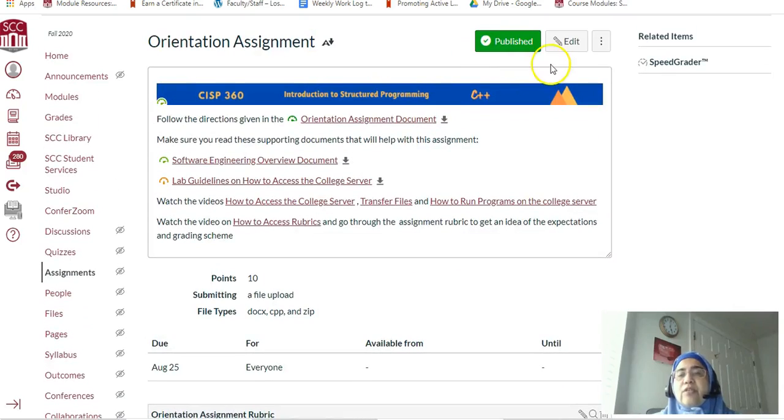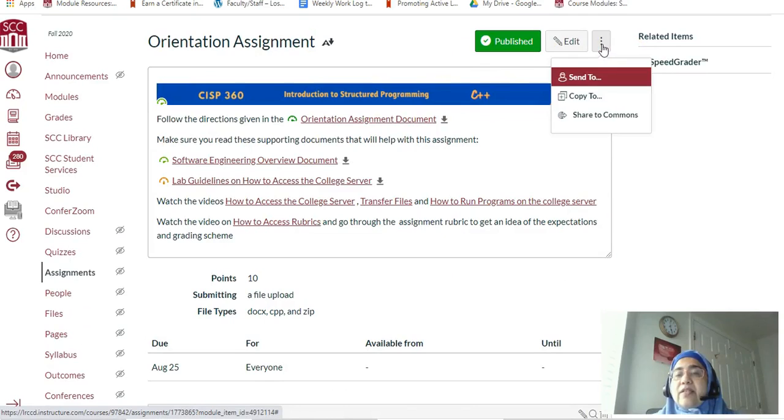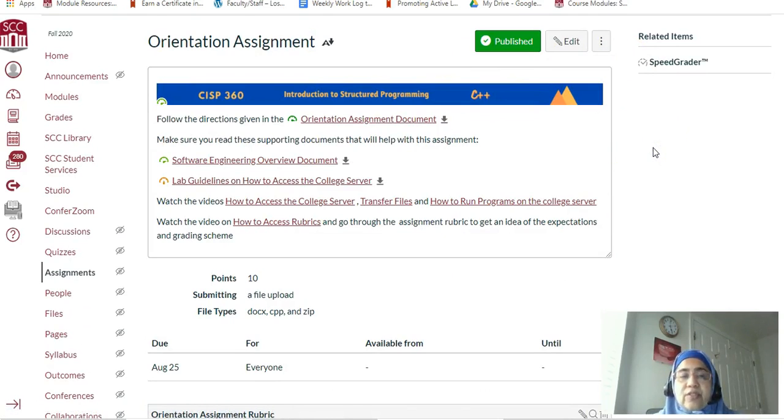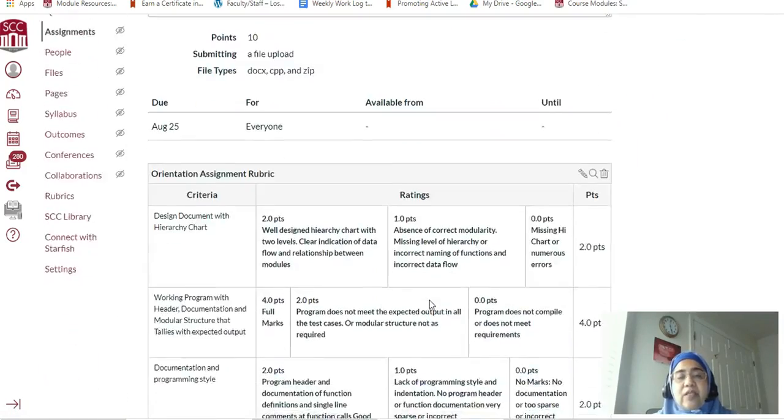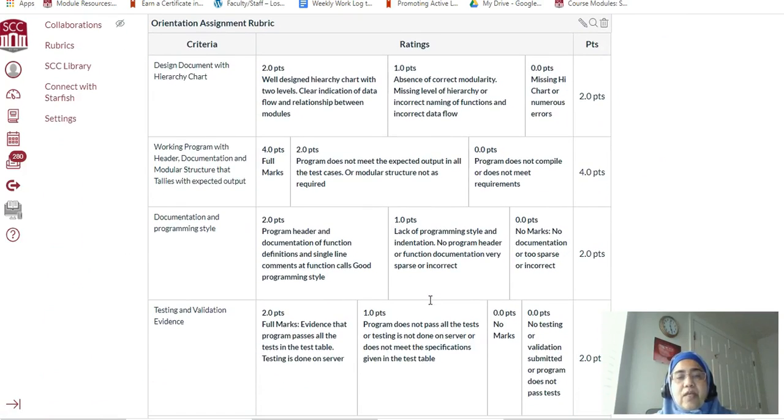If you do not see the rubric for a discussion, for example, then please click the 3 dots there. It doesn't come up in the assignments, but in the discussion module, in the discussion assignments, then you will certainly see a show rubric that comes up here when you click the 3 vertical dots, and then you can view the rubric for the discussion. But for the assignment, it automatically appears at the bottom of the assignment.